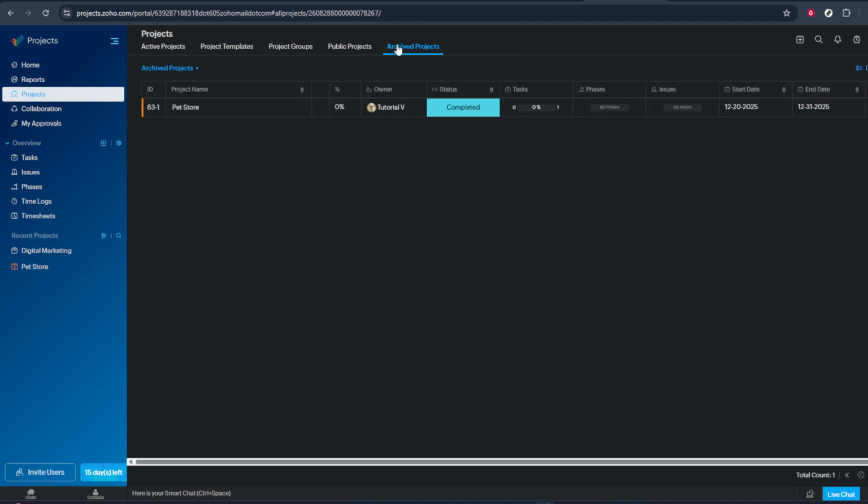After you confirm, the project will be removed from your active projects list and stored in the Archive Projects area. From now on, your active